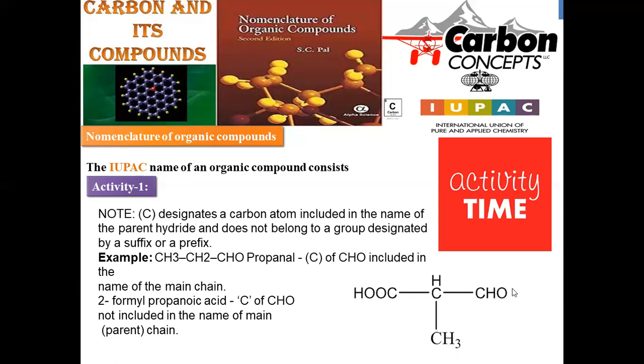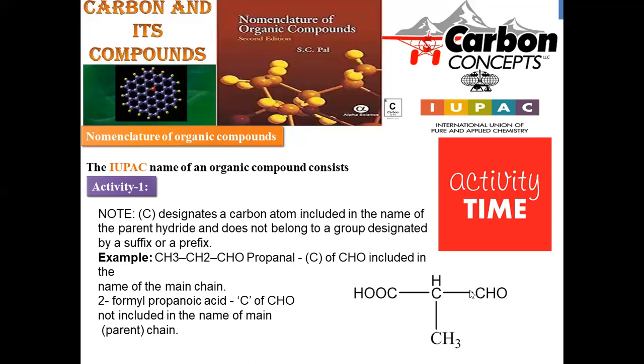Here carboxylic acid and aldehyde both are the groups. If carboxylic acid and aldehyde are both there, the primary functional group will be carboxylic acid in accordance with the priority order. Now the sub-functional group will be aldehyde. So we have to assign numbering from the carboxylic acid. 1, 2. On the second carbon, this aldehyde is lying, so the second carbon has the aldehyde. 3. So the parent chain will become 3 carbons only. This carbon will not be counted for the chain length, because this will be the side chain right now, so it will be indicated as 2-formyl.